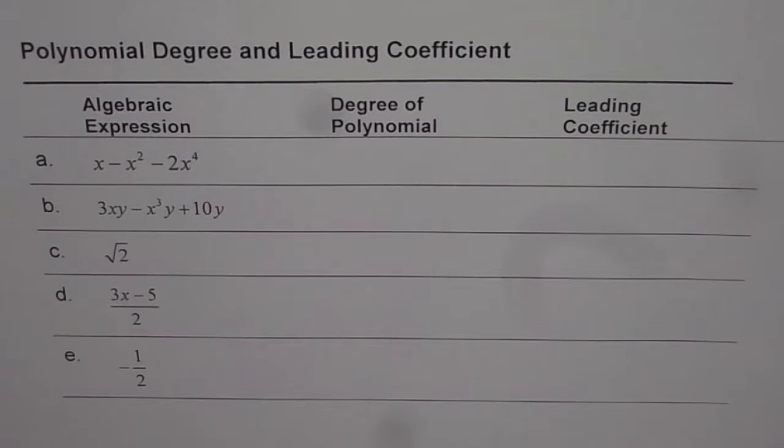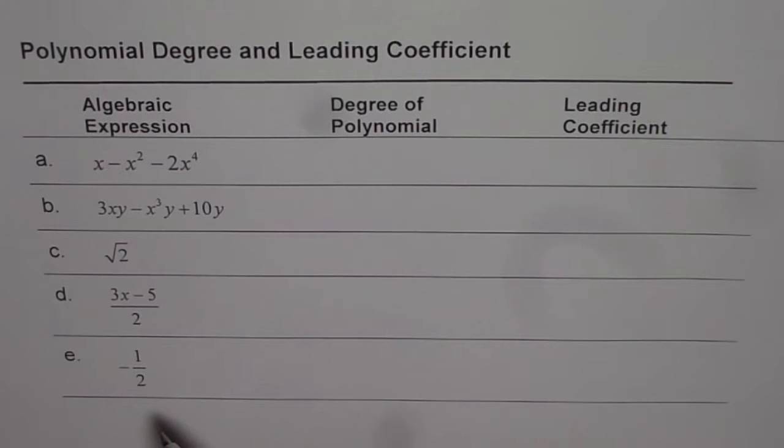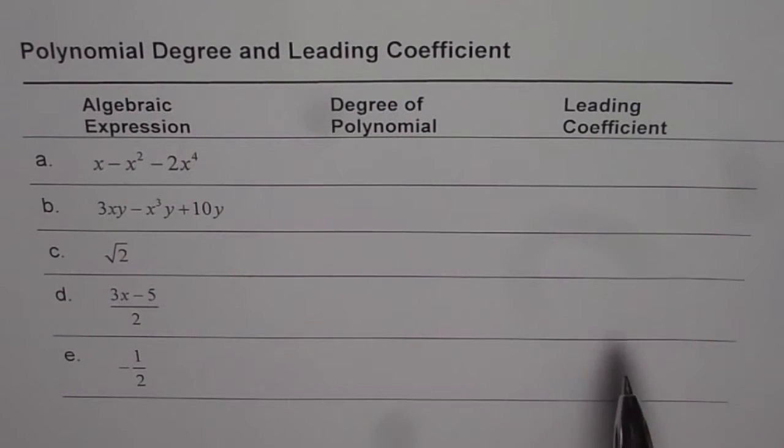Polynomial degree and leading coefficient. With the help of this example, we will understand both these terms. What do we understand by the polynomial degree and what is indeed the leading coefficient of a given polynomial? We have algebraic expressions here on the left side, and then we'll write down degree of polynomials and leading coefficients